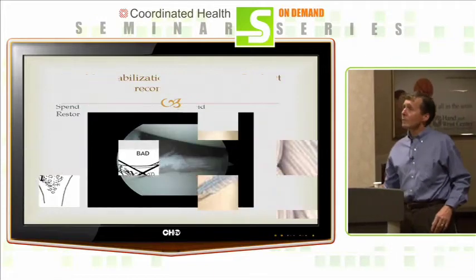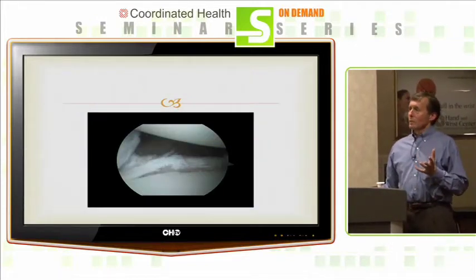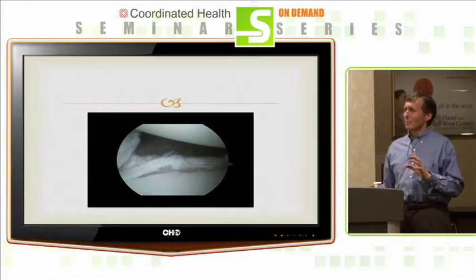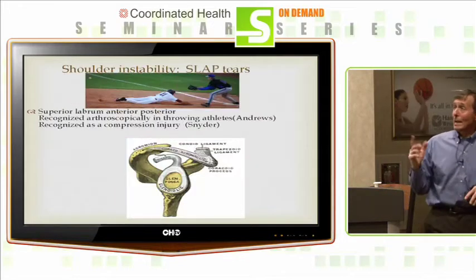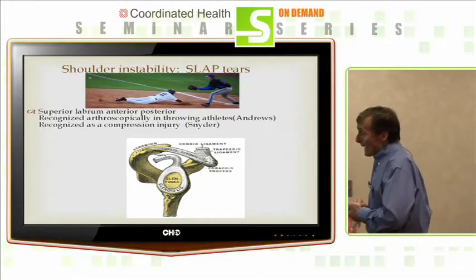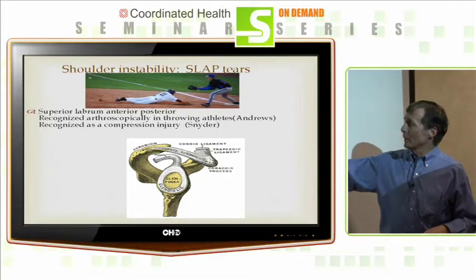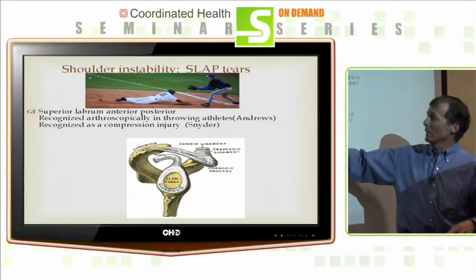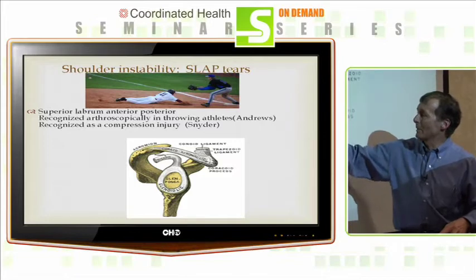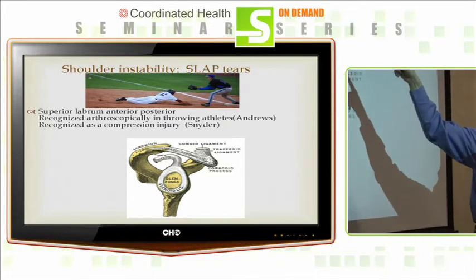That's just a picture of a labral tear. There's some video here, but I think it's just a little bit beyond us right here on this talk. But here's SLAP tears. SLAP tears are, again, labral tears, but a little bit different. The SLAP tear is a tear that involves the biceps tendon, and that tear is at the top of the glenoid.